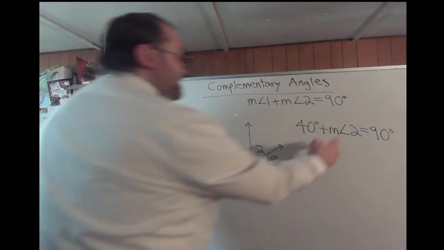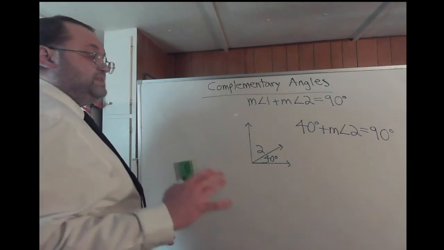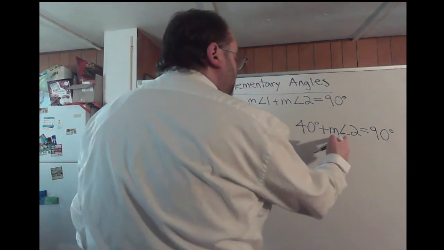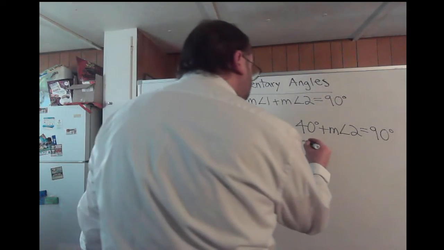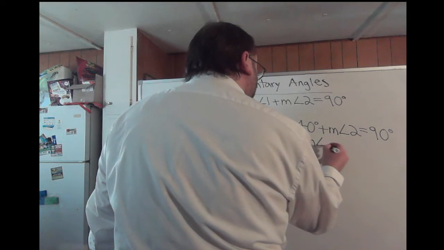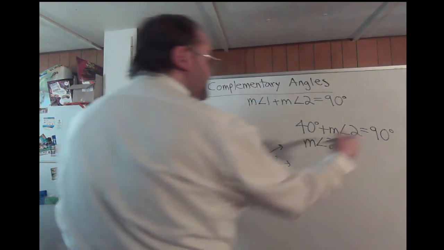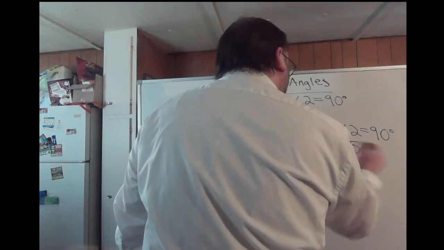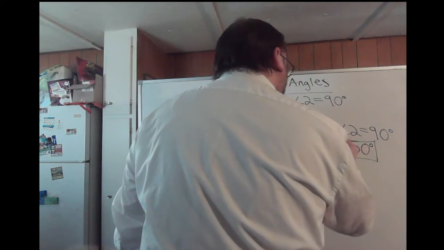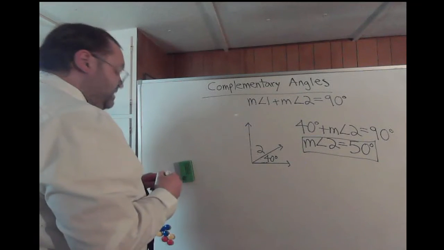Well, you're going to treat the measure of angle 2 as a variable to find the missing angle. You're going to get the measure of angle 2 by itself. In order to do that, you subtract 40 from both sides. You'll get the measure of angle 2 is equal to, what is 90 minus 40? That's 50. So the measure of angle 2 in this case would equal 50 degrees in order to make that